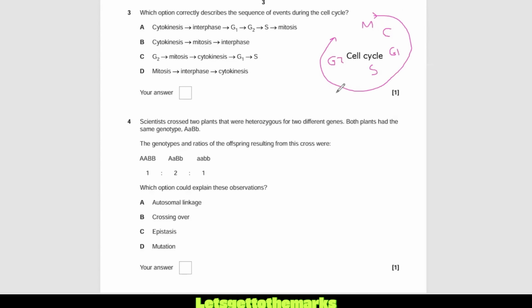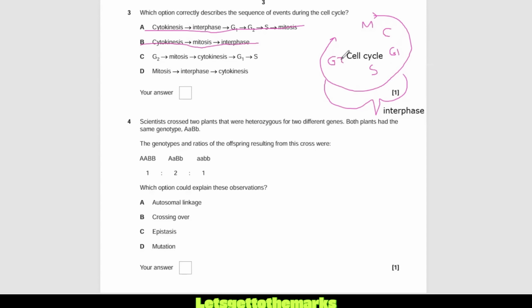Then the interphase. By the way, G1, G2, and S can all be known as the interphase. So you have to be able to think on your feet. Does this make sense? Cytokinesis followed by the interphase, then G1, G2, S? No, they're in the wrong order there, and the interphase is G1, S, and G2. So definitely A is not your correct answer. Then let's look at this. Cytokinesis followed by mitosis? No, it should be cytokinesis, then interphase, then mitosis. That is wrong.